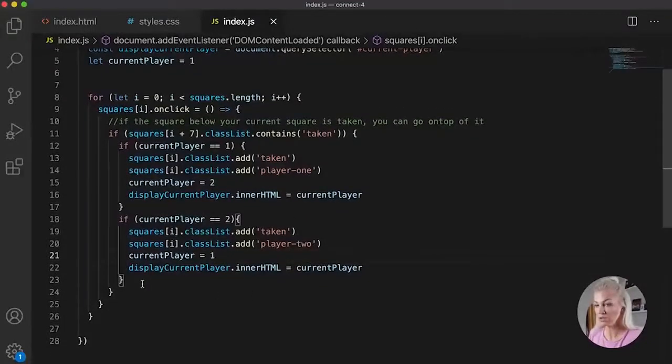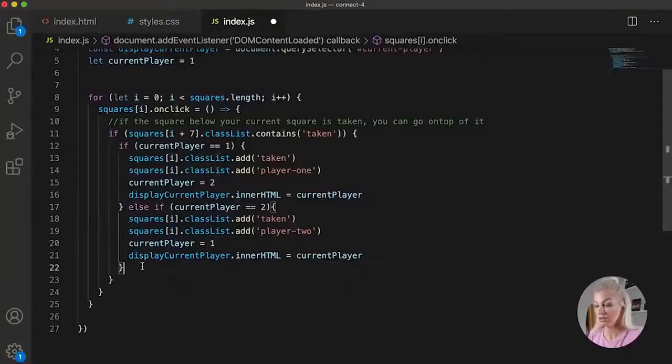And then I'm also just going to add an else, because we've got these if this, or we might have to do an else if, I think we might have to do that. Okay, yes, we might have to do that. Else if, else alert,